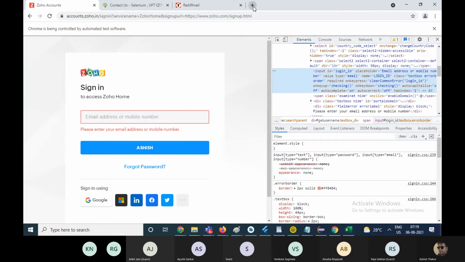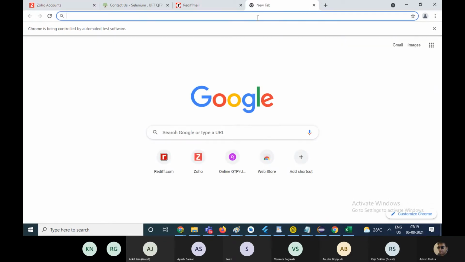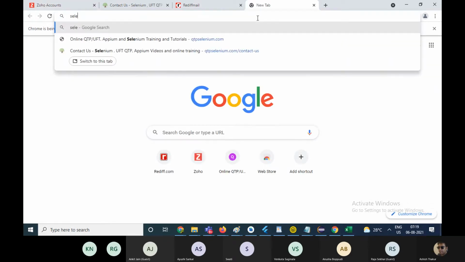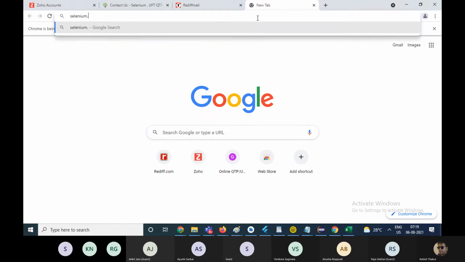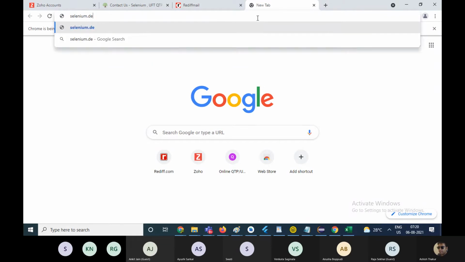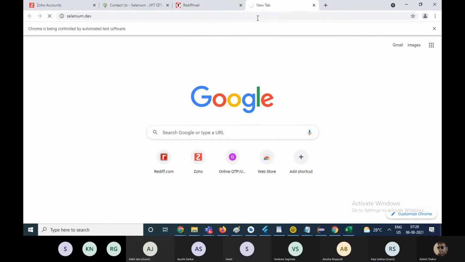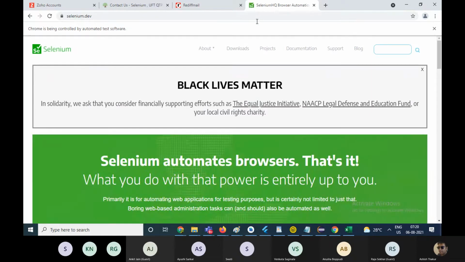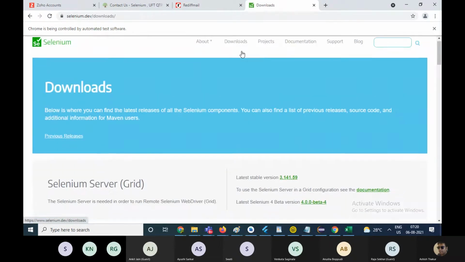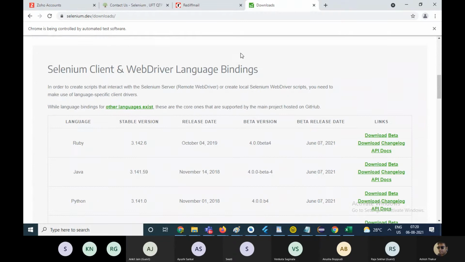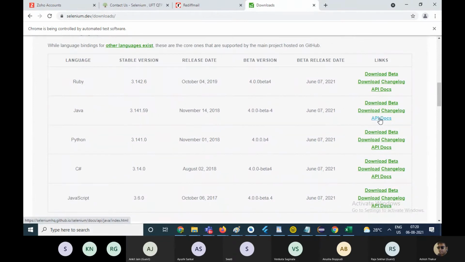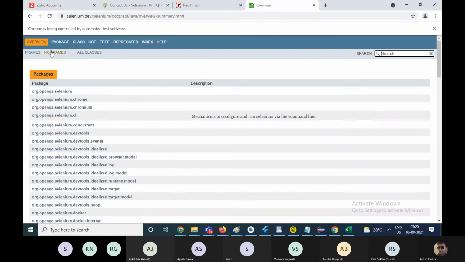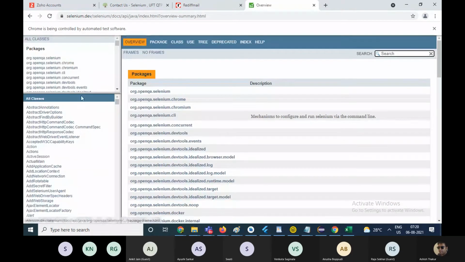Let's talk about that. If you go to the official website of Selenium, that is selenium.dev, and you open the documentation.